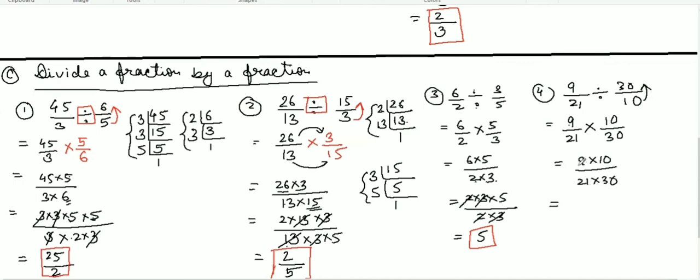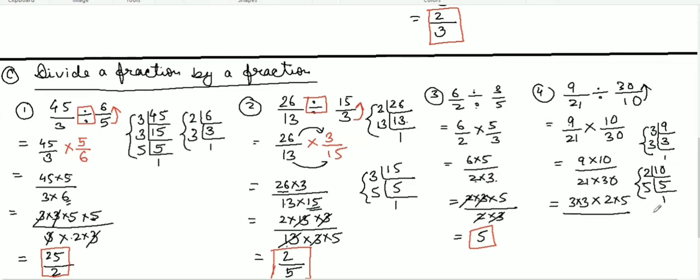Now we can see 9 here, so find the factors of 9. 3 times 3 is 9, then 3 times 1. So instead of 9 we will write 3 multiplied by 3. And find the factors of 10. 10 is divisible by 2, so 2 multiplied by 5 gives us 10, then 5 multiplied by 1 is 5. So instead of 10, I'm going to write 2 multiplied by 5 over 21.